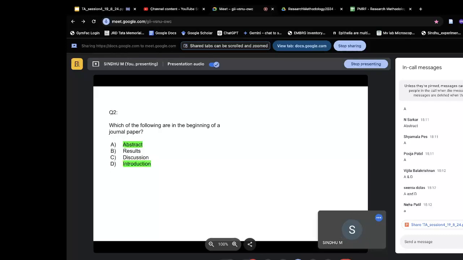No, but what I'm asking is that in case the question is given like this under the multiple choice question, whether there will be a scope for us to answer more than one. Yes, yes. Even the assignment problems are like that, with more than one correct option. Okay, thank you.